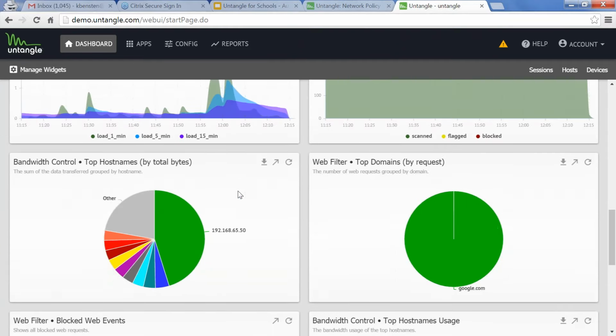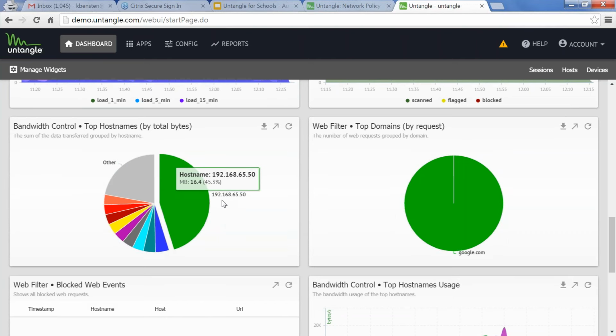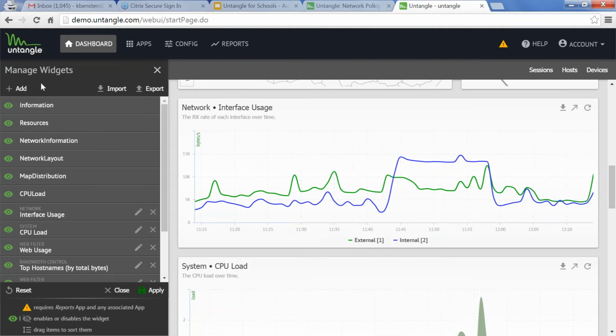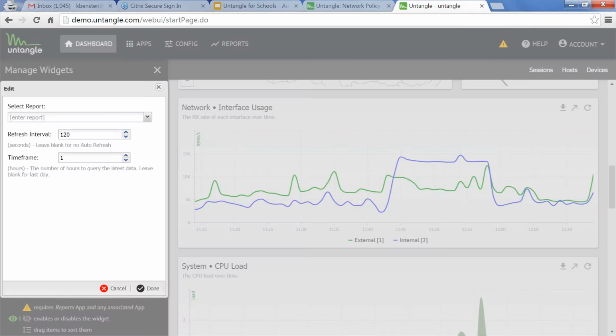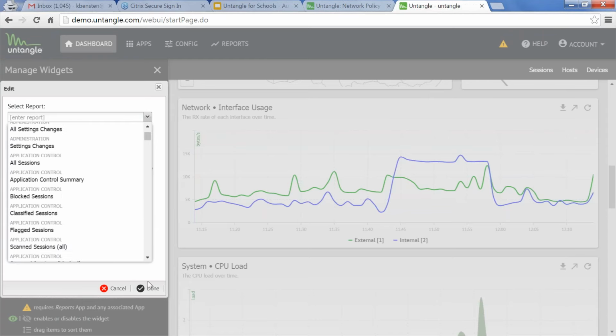So if you look down here, again, by default, we've got some cool reports here. If you wanted to specify a certain area, you can drill down into these and kind of sort out the importance of the information that you're gathering here. And in order to manage your widgets, you just click here, click Add. If you had a customized report, your customized report would reflect here, and then you would add it into your dashboard, and that's where all of that would happen.